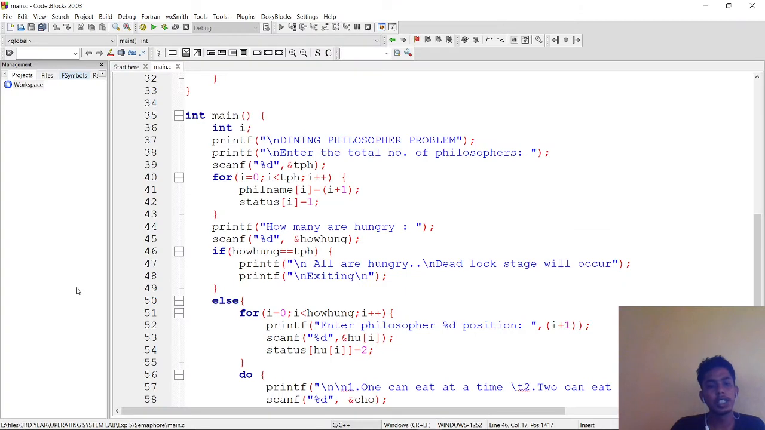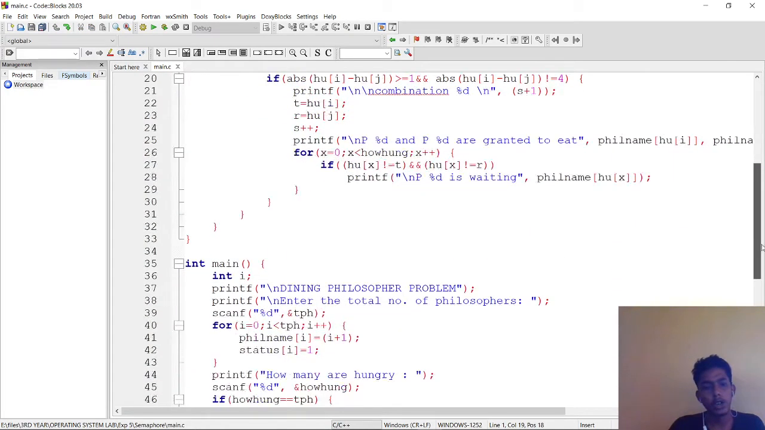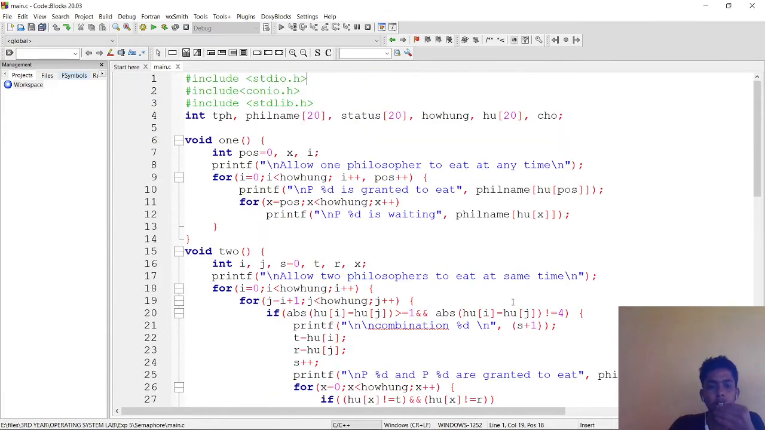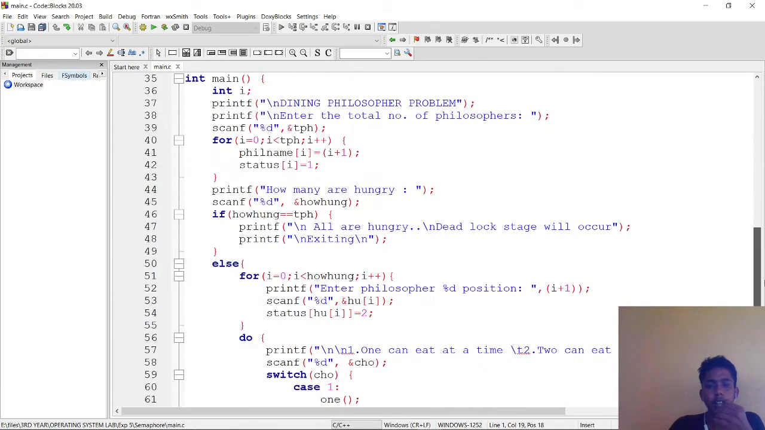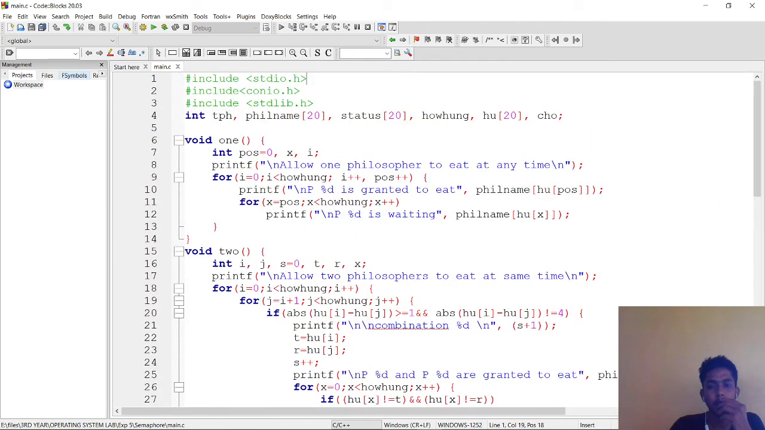In this case, the number of hungry philosophers is equal to the total number of philosophers. All are hungry, so a deadlock state will occur. Now it will exit. Otherwise, if the number of hungry philosophers is less than the total number of philosophers,